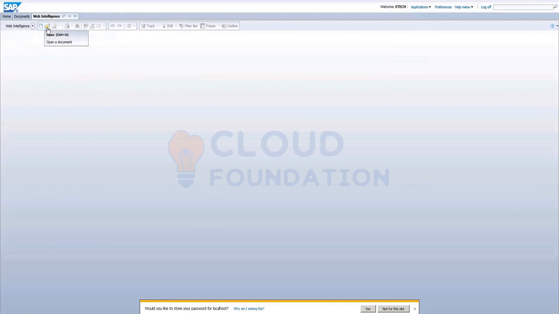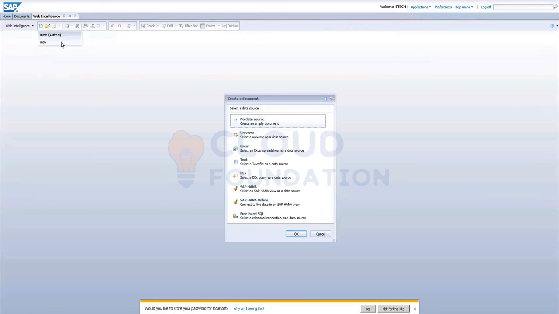This other one is for opening an existing report. If you want to open a report, we can go to the respective folder and open it here. To create a new report, you see here, Create a document. A document is nothing but a report.